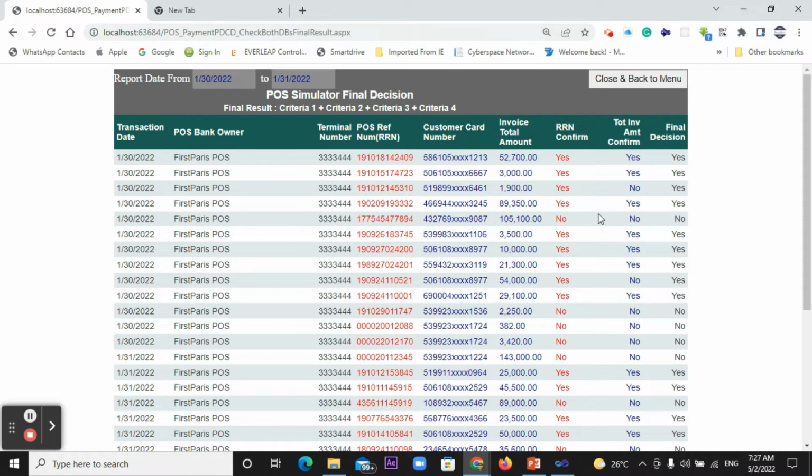The total of that same reference number is different. Maybe this one is 20,000, this one is 2,000. It could be a data input error where the person who entered the data probably added an additional 0 to 2,000 and that becomes 20,000. But if the reference number is correct, while that is wrong, the system will say the final decision will be